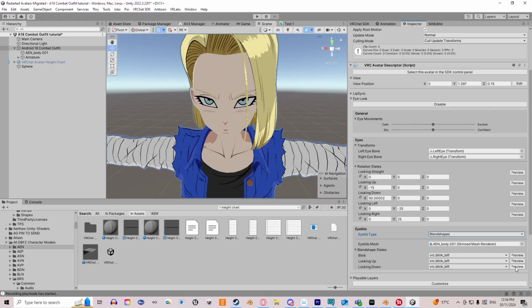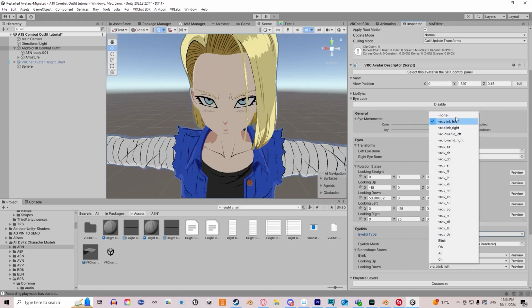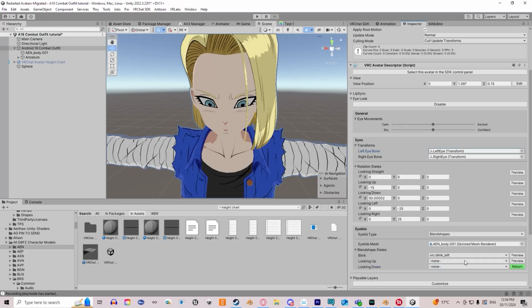So you can see here, it's already tried to put it in looking up, down, left, and right. We want to open up these dropdowns and make sure that the shape key is set to none for everything except default blink. Because when I look up, I don't tend to squint, and same with looking down. So that's my logic for this. Anyway,